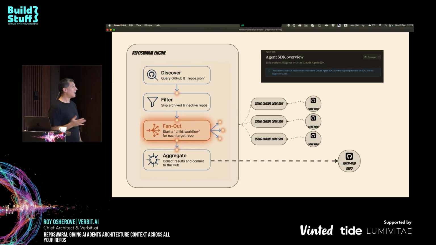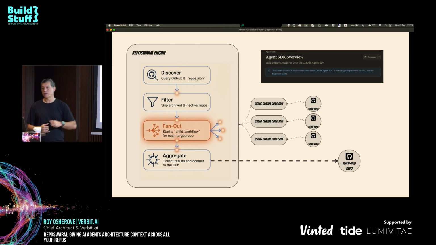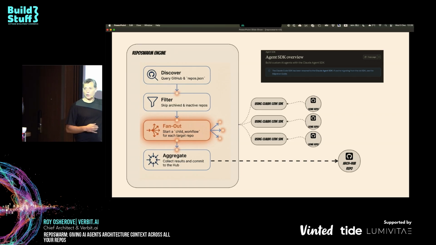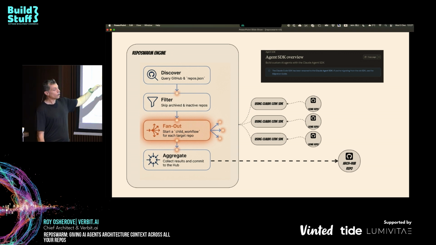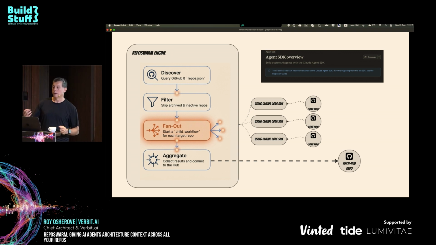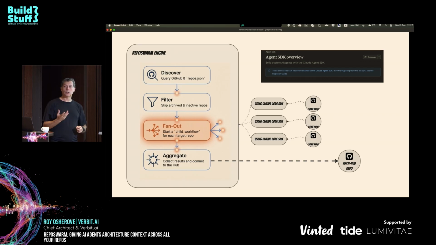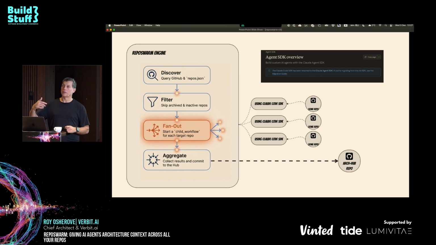And then the next thing that happens is after we have a list of all these repositories, we do a fan-out move. And the fan-out move is basically creating a new workflow or a new process, or literally starting a new orchestration workflow. And that orchestration workflow will get the latest version of the Git repository and then use Claude Code SDK. They recently renamed it to Agent SDK, but it's the same thing. And using Claude Code SDK, it will interrogate the repository.